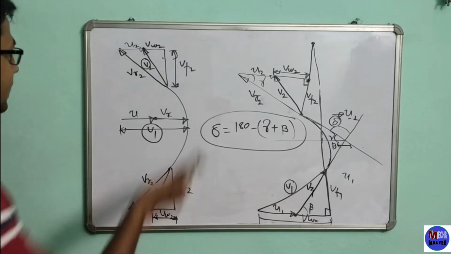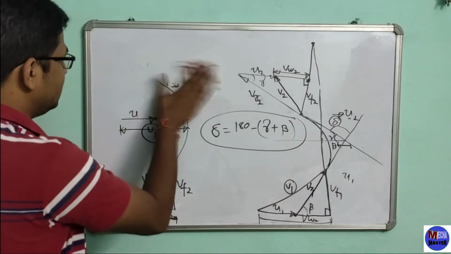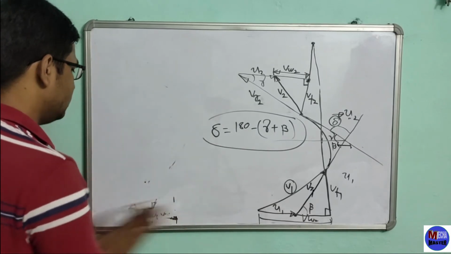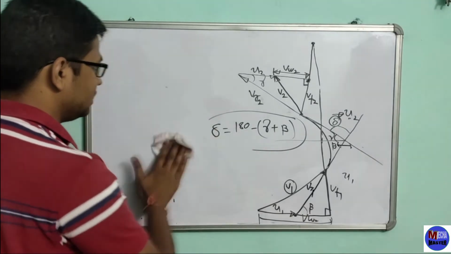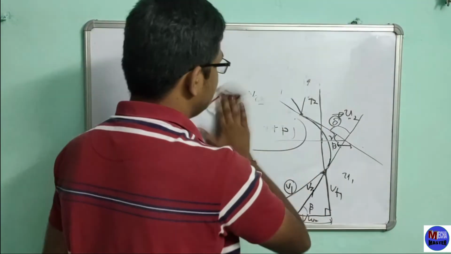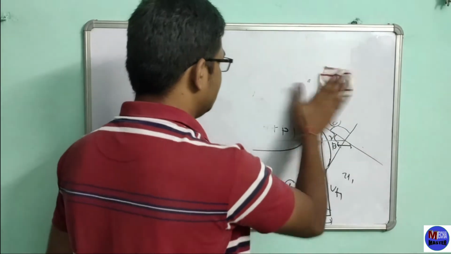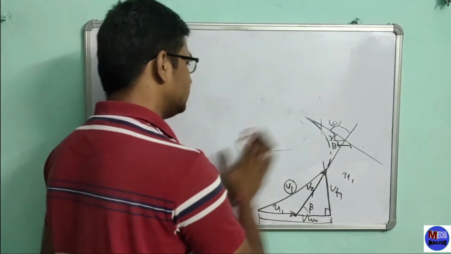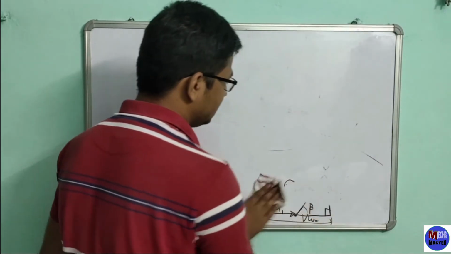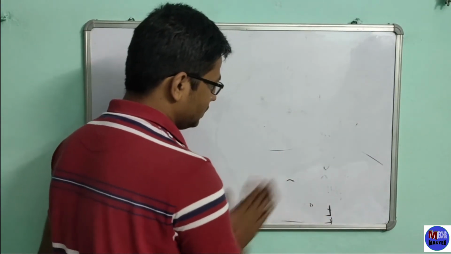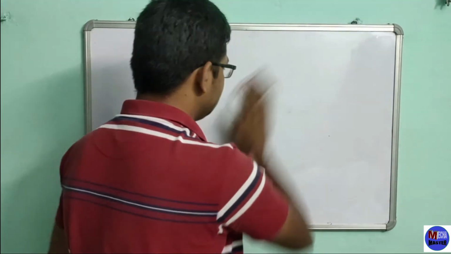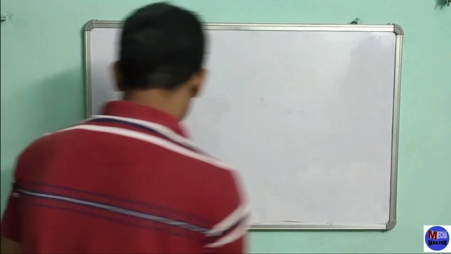One more case I am going to take so that you can easily understand how to draw the velocity triangle. I think the concept you already know: we have to start with the relative velocity, and after that we have to add the vane velocity, and after taking the resultant we can get the jet velocity. So you can easily draw. Here I have taken the radial flow at the inlet.